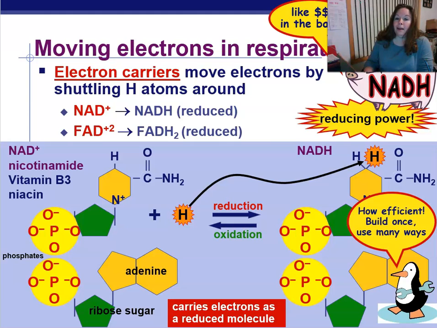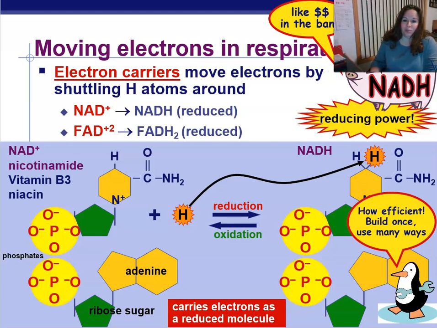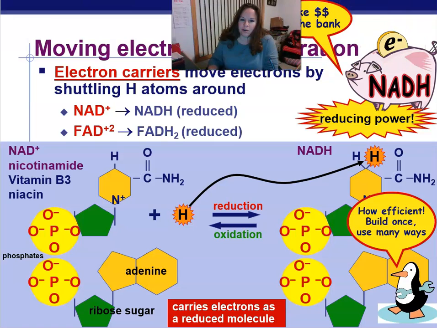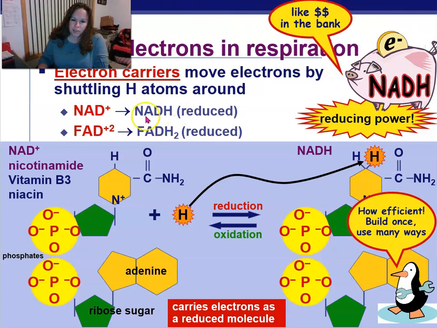So moving electrons in respiration. This is a big slide here. We need something to carry these electrons around. Actually, we're carrying the hydrogens around because electrons don't move by themselves. So we're going to use electron carriers or hydrogen carriers, basically. And these hydrogen carriers are different molecules. Here's 2 of the most important ones. These are actually B vitamins,